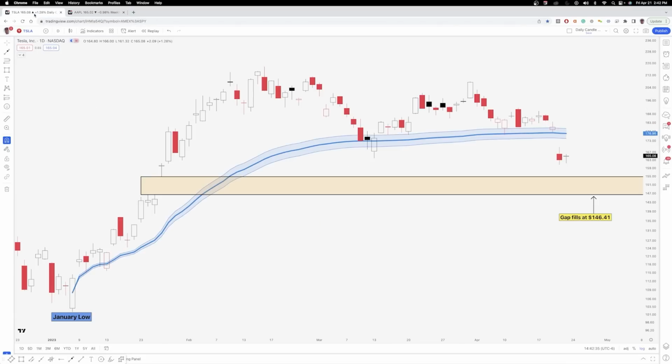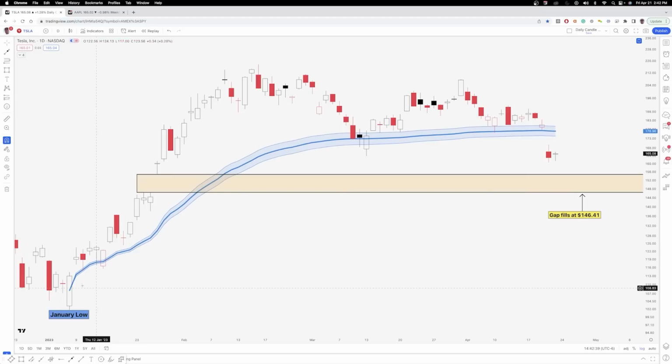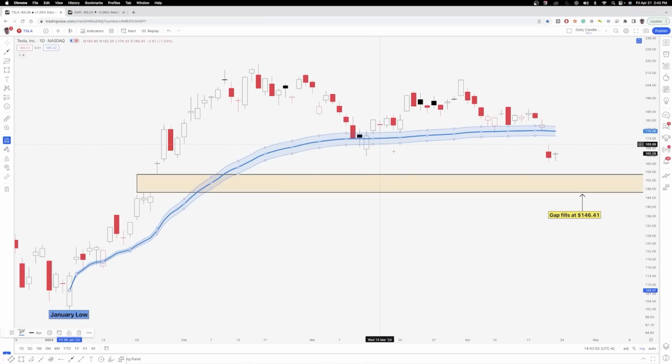Going into the next one, we will go to Tesla. You can see here that we were pretty much being held up by this January low VWAP zone for quite some time. And I did have a question on how to create this zone. So I just created a Bollinger Band multiplier of 0.1. That's creating this zone and capturing some of this price action that didn't respect the anchored VWAP